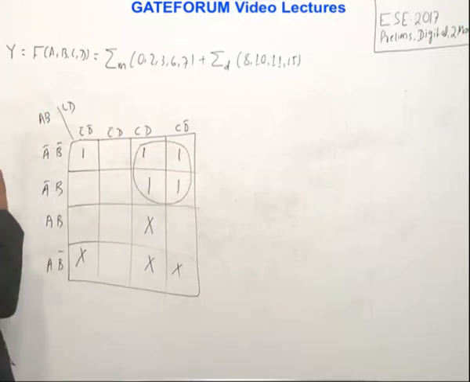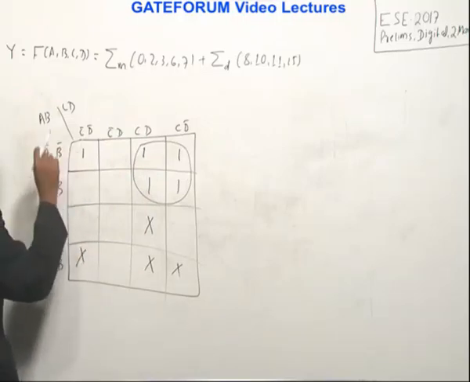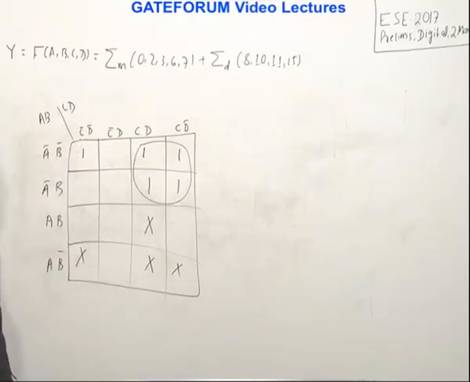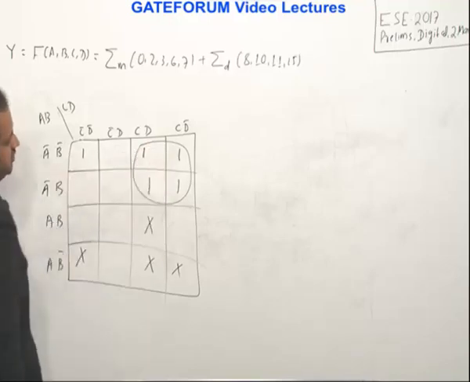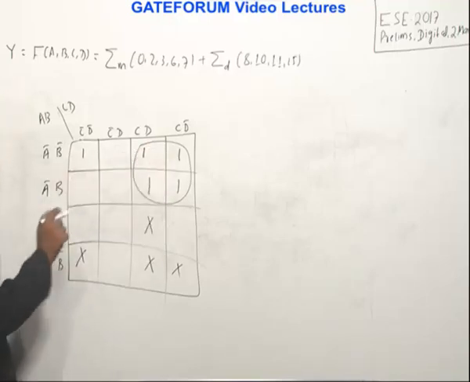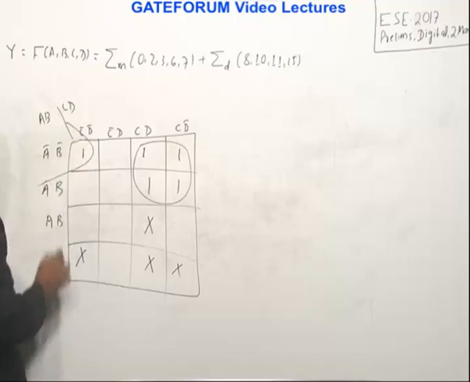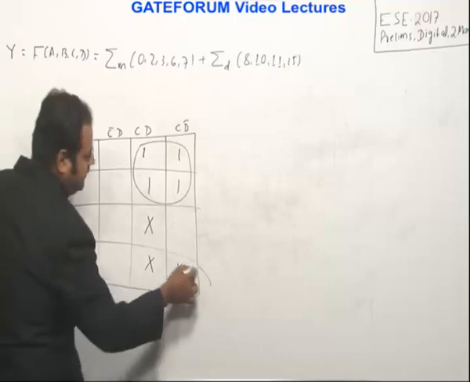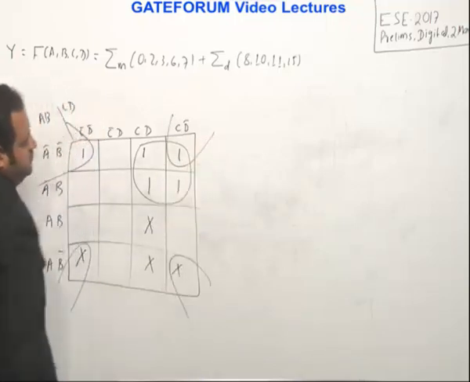My next target is to cover all the min terms, right? So this is the one which is left. As our target is always to make the bigger size grouping, you may think this and this I can do. But with respect to that, there is a quad possible. I can take all these diagonal things and I can make one group, isn't it?